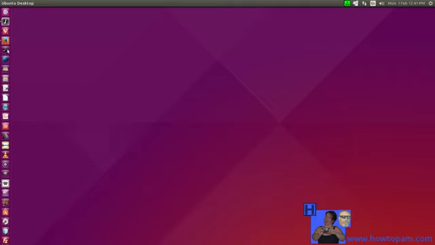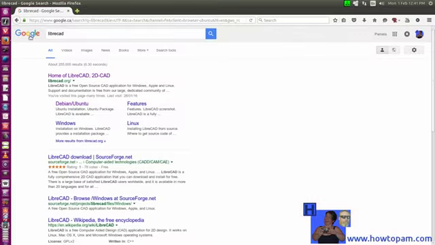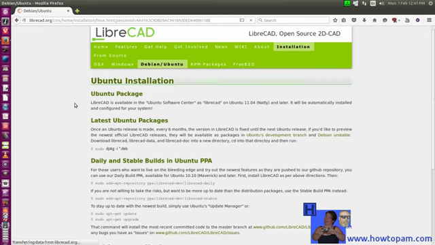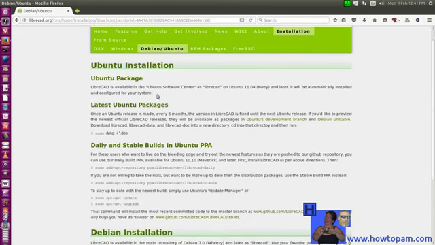To get the new version of Librecad, we can just Google Librecad, and when you see Librecad in Google here, we can go over to the Librecad website if you're running the main version, and you can see here that under the install area on the Librecad website, we could add this PPA here, and that's as simple as just copying